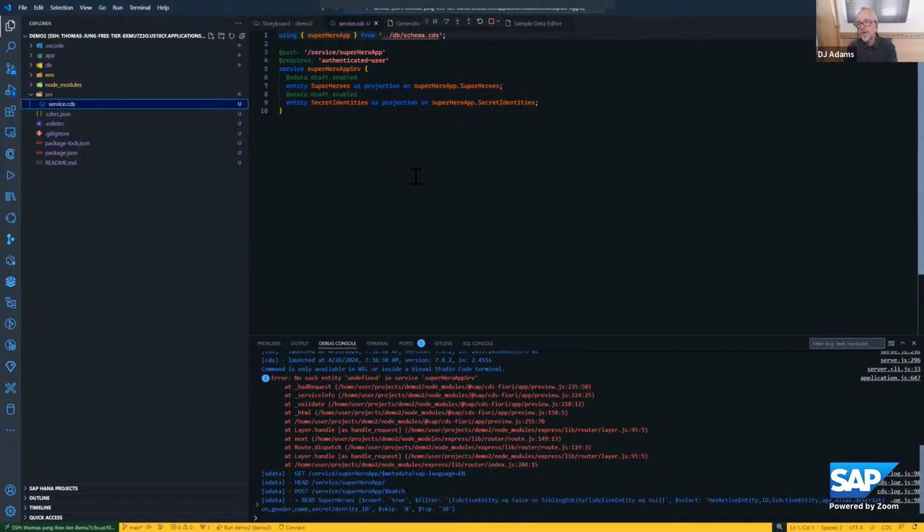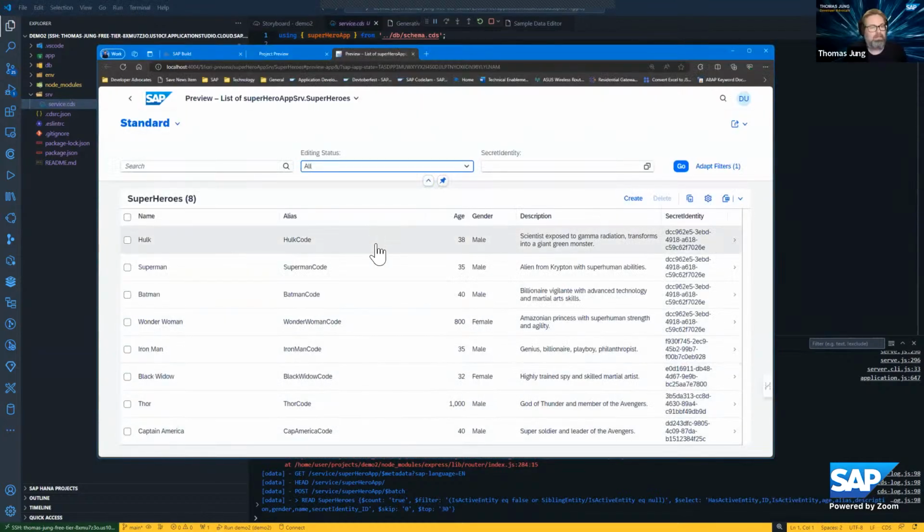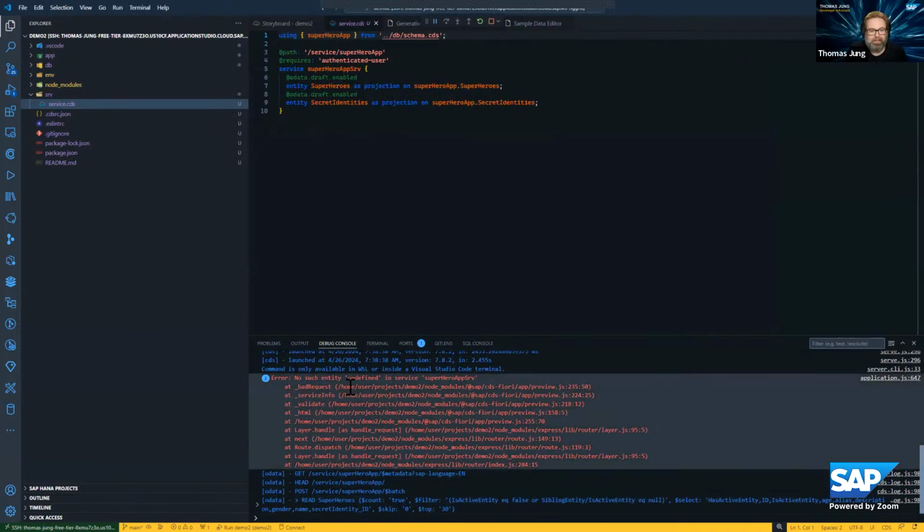Let's first try to get the data in JSON format without using the Fiori preview, and see if we get that there. It loaded. It's done it, but that's weird. It did load. I don't know where that error came from. That's never happened to me before. But you can see it then did a successful read after the fact. Let's go back to the red text of the error again. There we go, because it's to do with the preview. It's in the preview code itself, that's what I was saying.